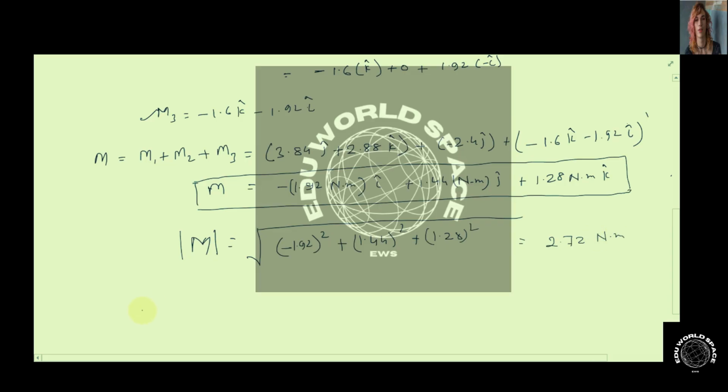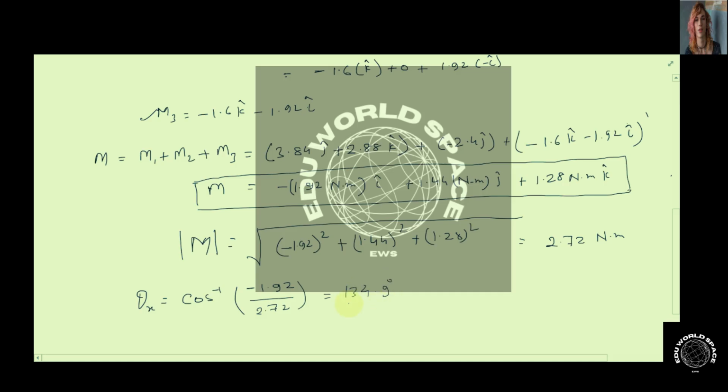Now for the calculation of theta x, we can use cos inverse of its x component, that is the coefficient of i cap, minus 1.92, divided by its magnitude, 2.72, and this gives the value of